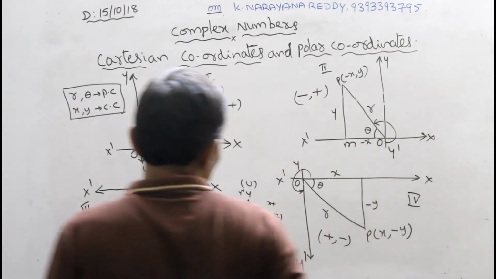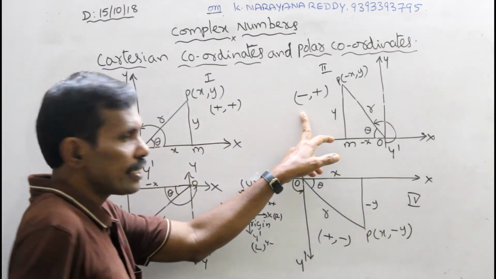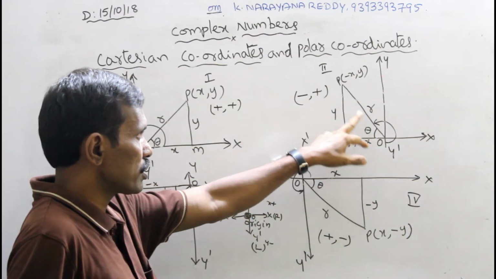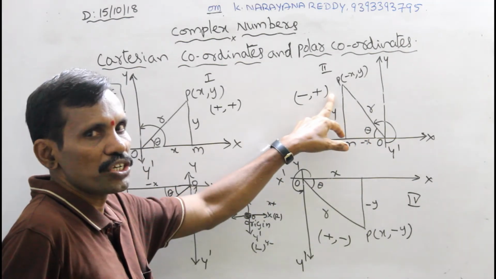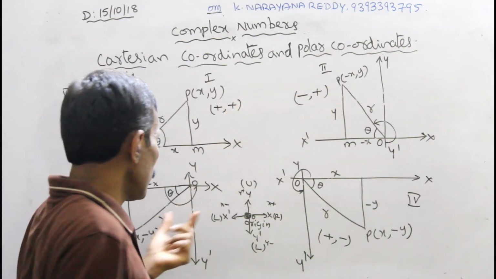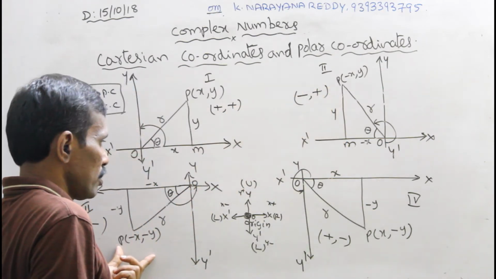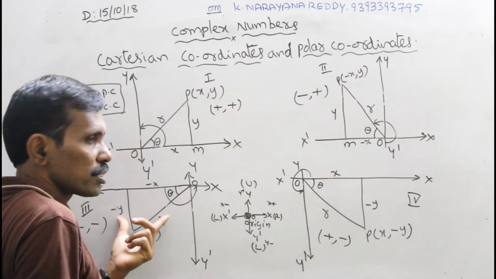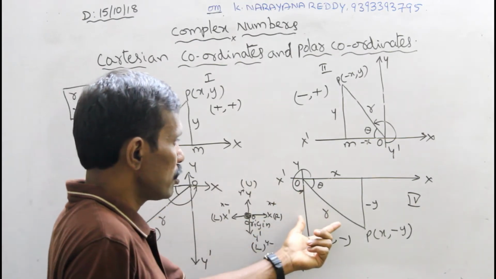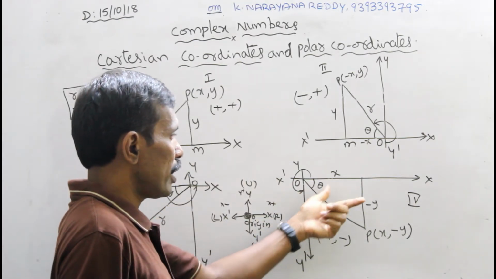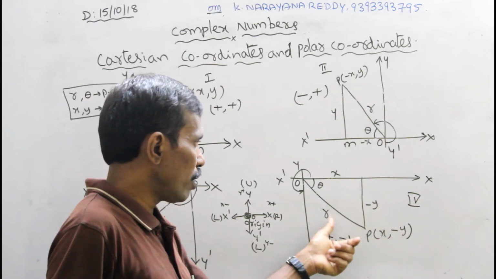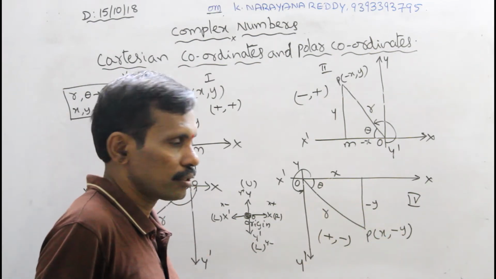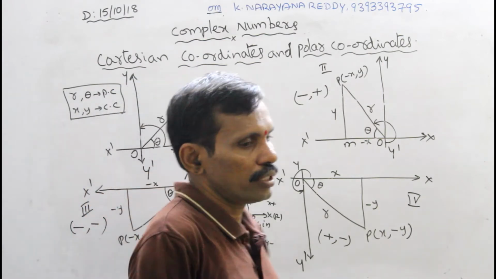Next, the second quadrant, same thing. The signs are changed, that's all. R, theta are the same, but the signs are changed. In the same manner, the third quadrant. The signs are changed, r, theta are the same. Here also, r, theta are the same and the signs are changed. This is the Cartesian coordinate and r, theta are polar coordinates. Same. So, dear friends,